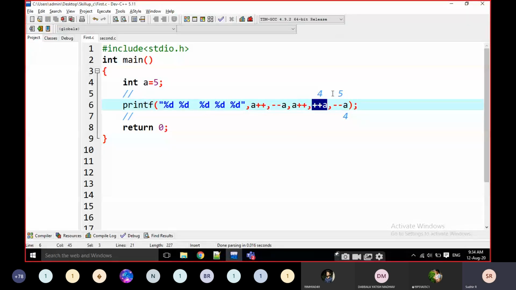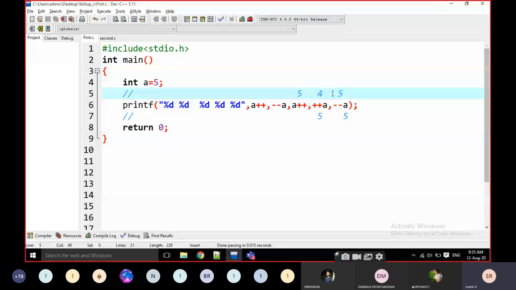Now it is pre-increment. Pre-increment means 4 becomes 5, then 5 is printed. After printing, it is going to check whether there are any pre-increments or pre-decrements before this one. Yes, one value is there. Then we have to apply the new a value 5 to that one also, only for pre-increments and pre-decrements. Then a value is modified here also. The new a value is 5. Then it is passed to the next statement.